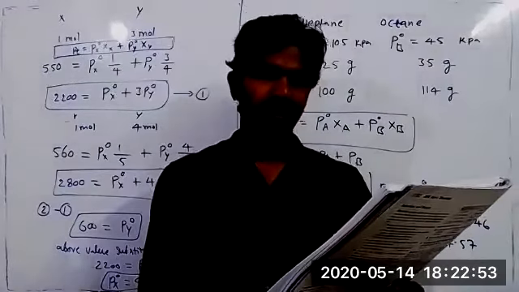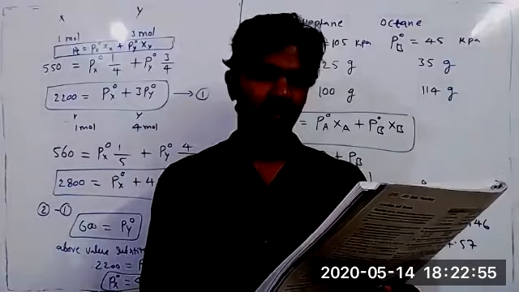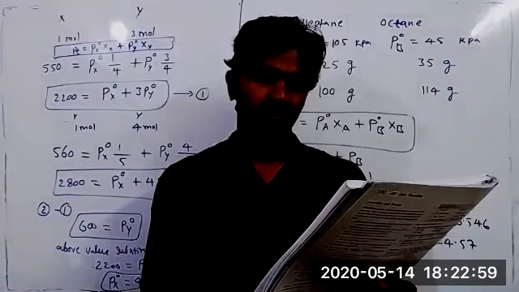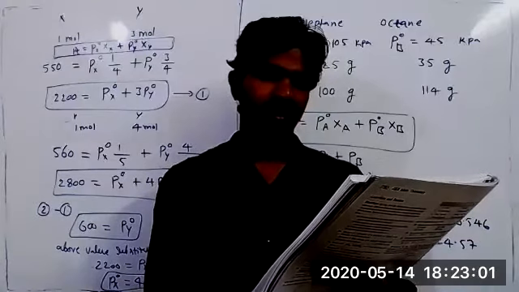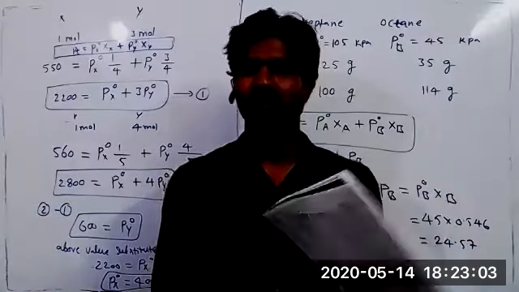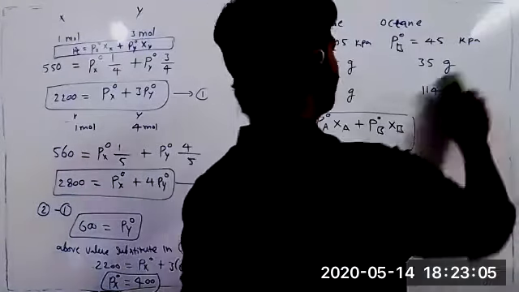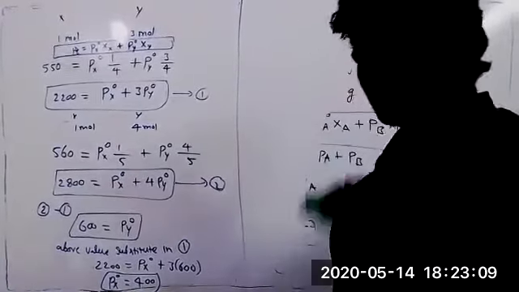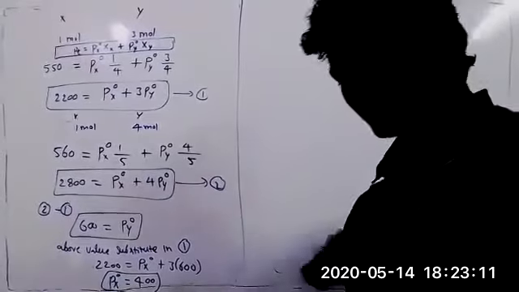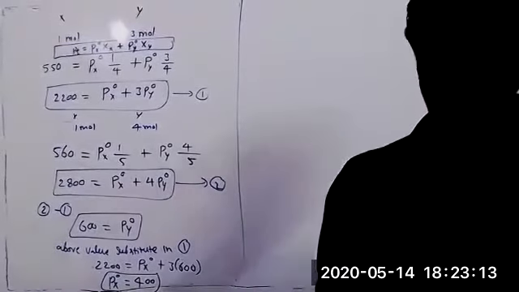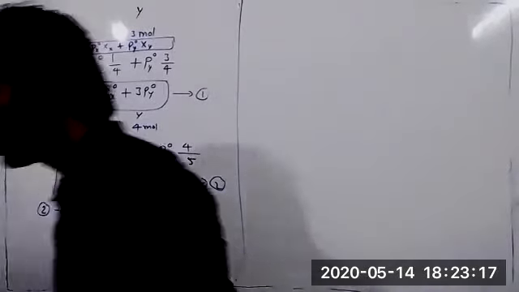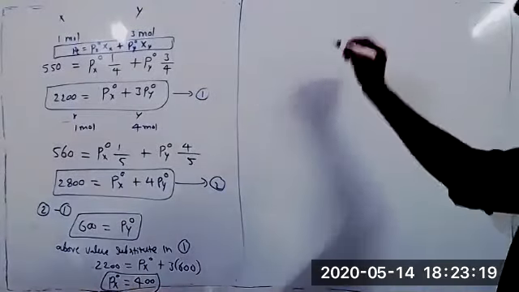A binary liquid solution is prepared by mixing N-heptane and ethanol. Which one of the following statements is correct regarding the behavior of the solution? Tell me the correct answer. So, non-ideal solution with positive. Yes, correct. It is a non-ideal solution, but which deviation does it show? Positive deviation. See, N-heptane.